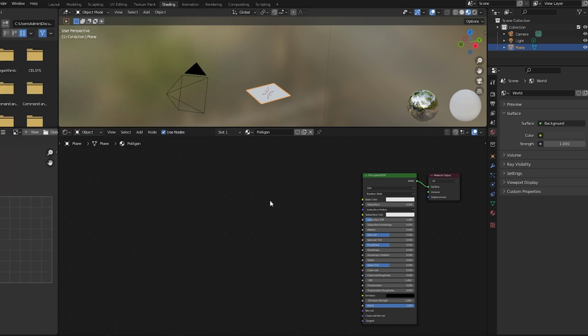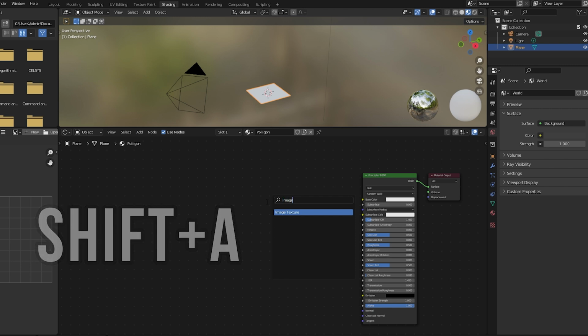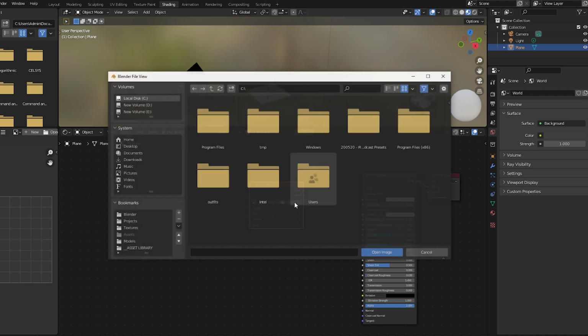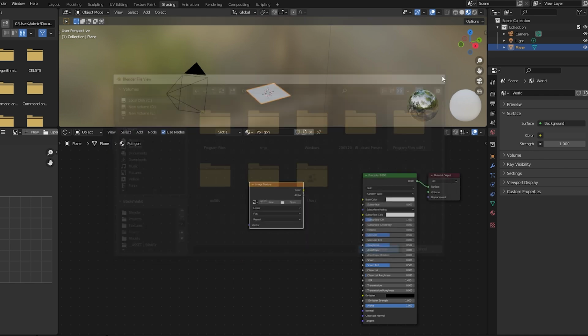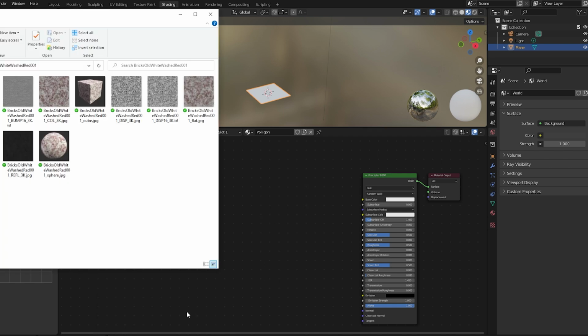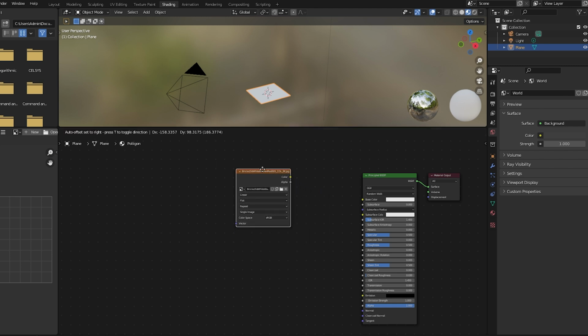We can bring these files into the shader editor a number of ways. We could press Shift-A and add an image texture. This is the node that plugs images into your node tree. We can press Open and navigate to the folder where the material files are. Or if we have the folder open, we can simply drag and drop an image into the shader editor. Blender will automatically add it into an image texture node. A side note, you can navigate to and open these image files even if they're not extracted, but dragging and dropping the files won't work unless you extract the zip file.